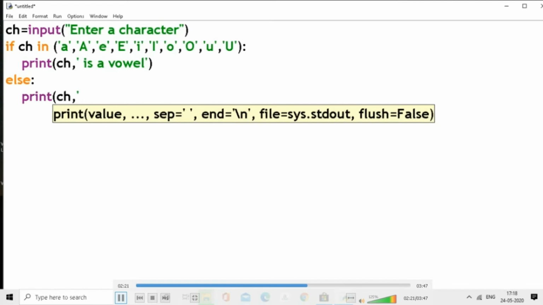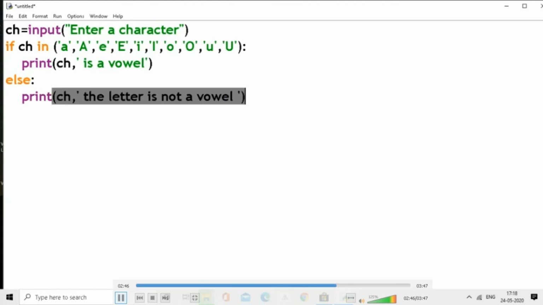In ch you have typed the character, and it says it is not a vowel. Whatever message you want, you can give it here. I have shown here the syntax of the print statement. The value sep is used as a separator, and end equal to backslash n is a new line character. Close the quotes, close the bracket. Don't forget to close the bracket.